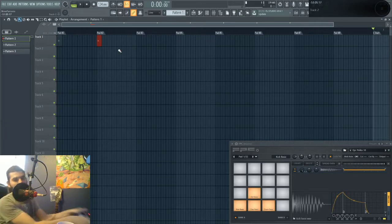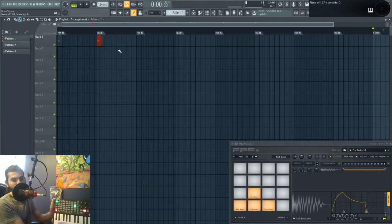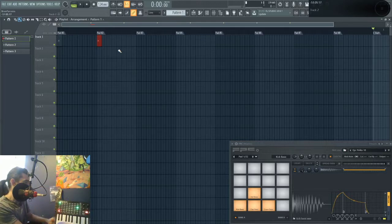Alright, so I use my APC Key 25. Don't let the lights fool you, because they don't really work. They work, they just don't work the same way. They just turn on and stay on unless you find a way to script them and turn them off. Anyways, so you have the Key 25 and you have